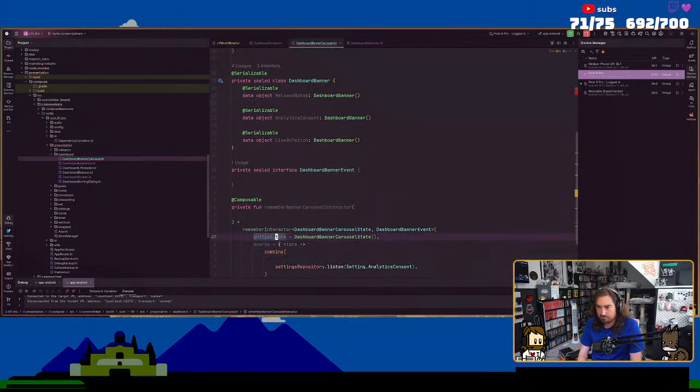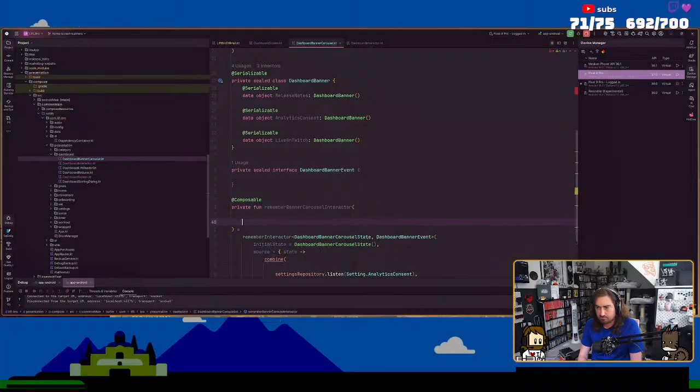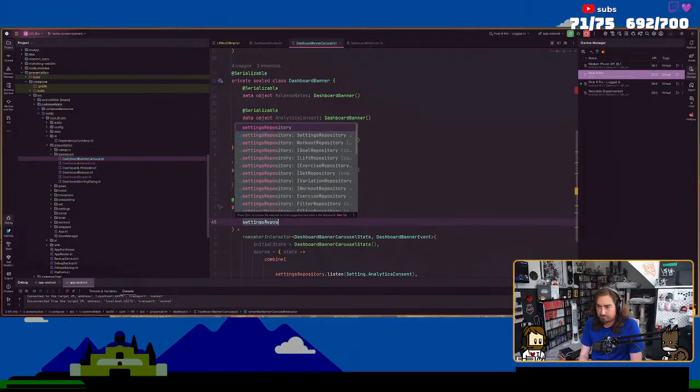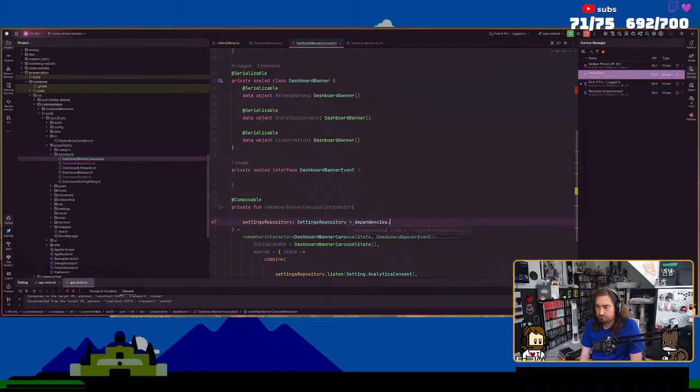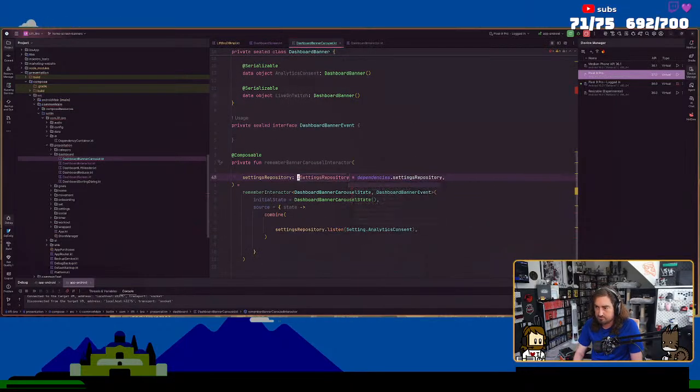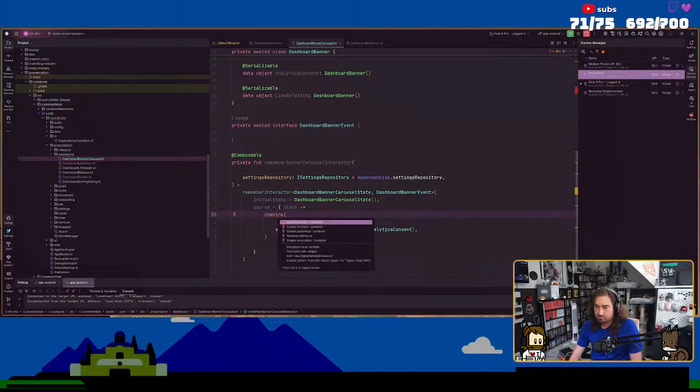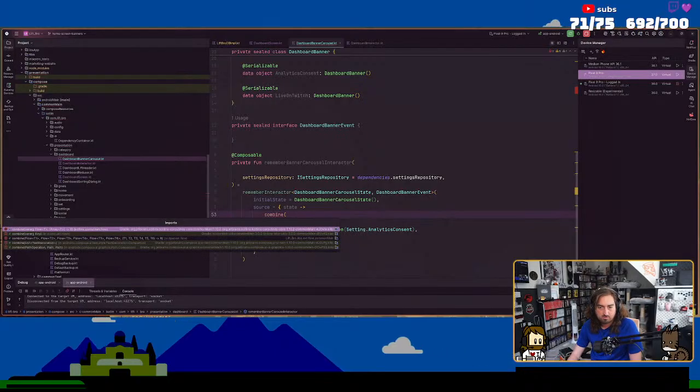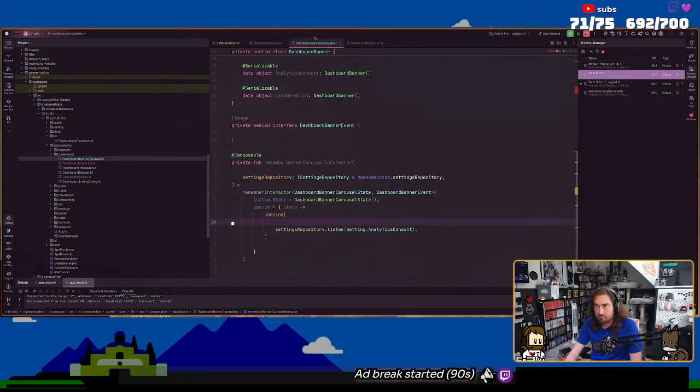We're not gonna worry about that for now, but we are going to settings repository. Why does it always? Oh wait, I don't know if that's all I want yet.